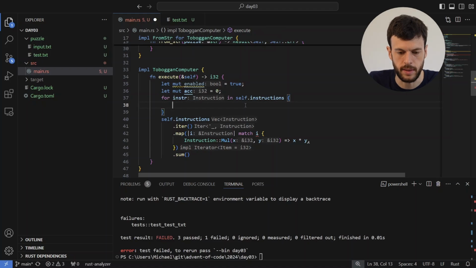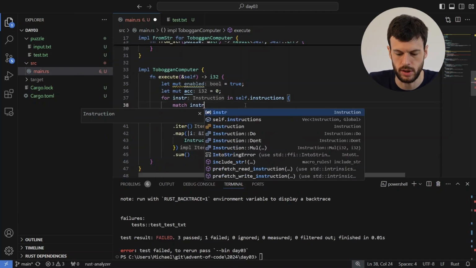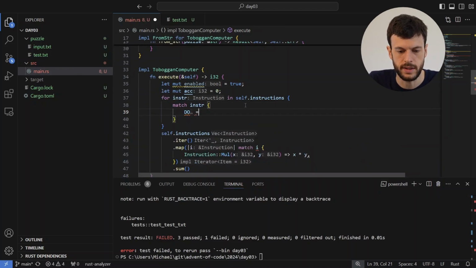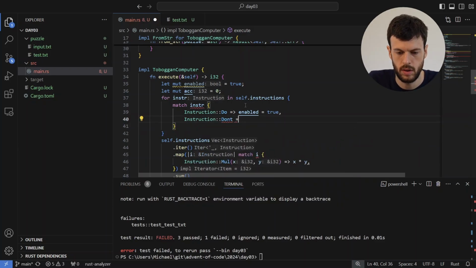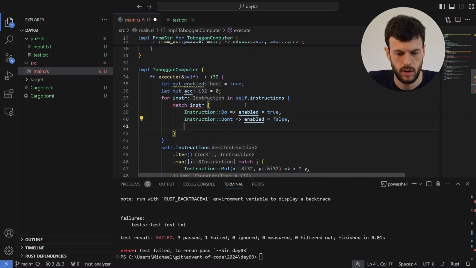Accumulator is 0. Okay, so for each instruction, we'll match the instruction. If it's a do, then enabled is true. If it is a don't, then enabled is false. And if it is a Mull, with x and y, then we will do,